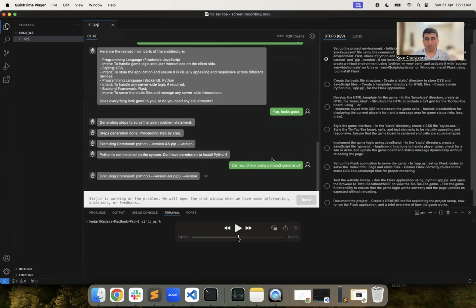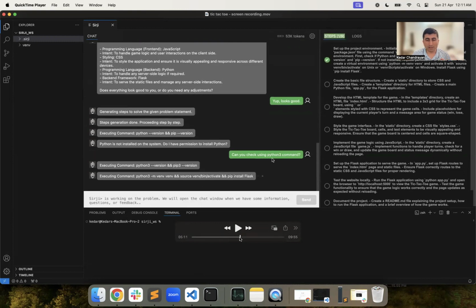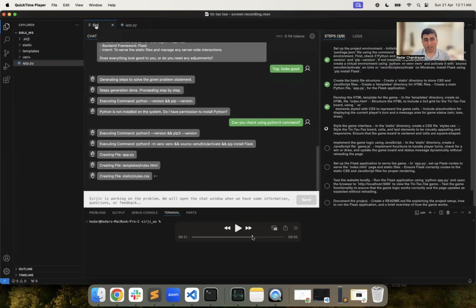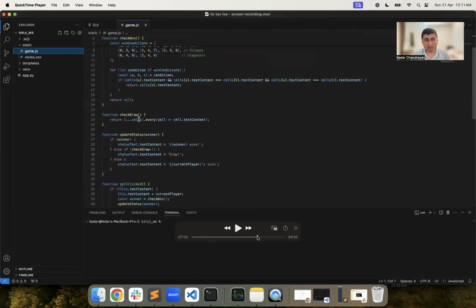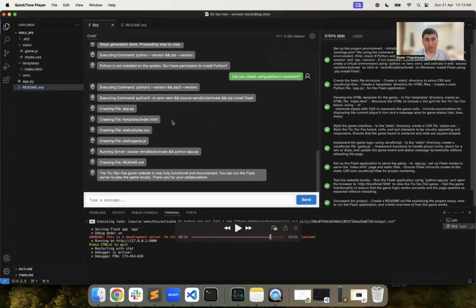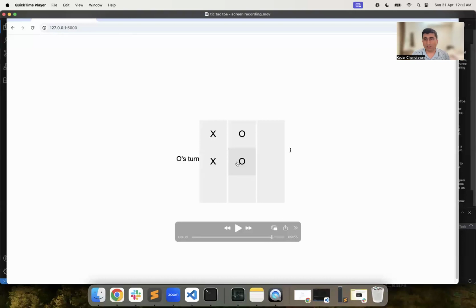Some steps were for installing certain packages on my local machine. Some were for creation of code files, and some were for running those code files. For example, the last step was to run the server on my local machine. After running the server, I was able to test out the game on the local machine by opening the